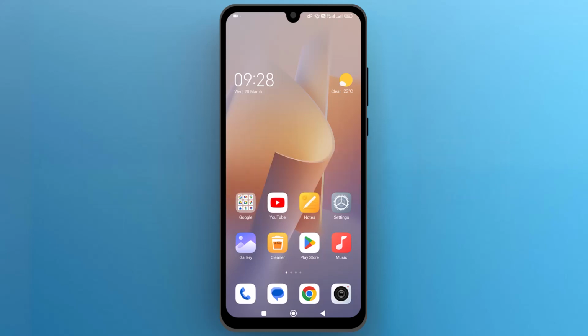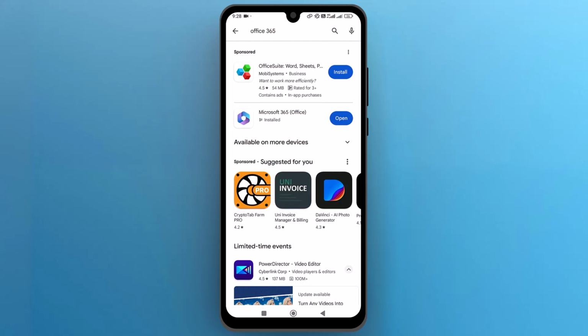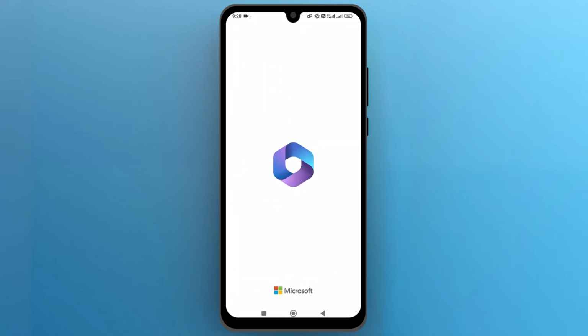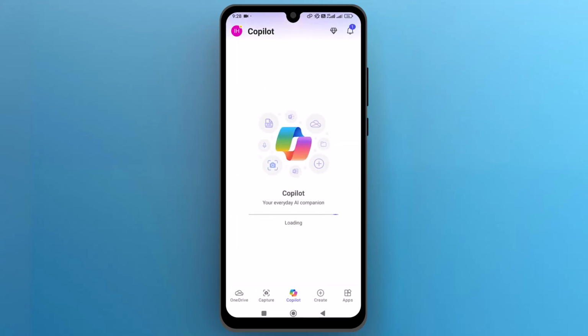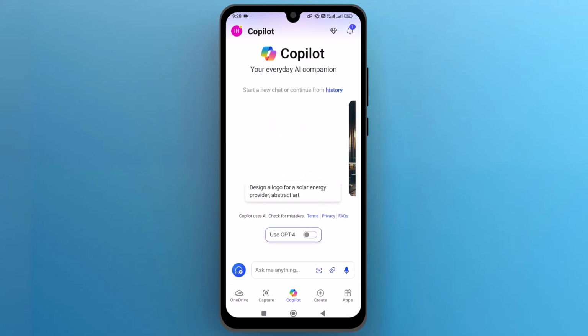First of all, download the Microsoft 365 Office app from the Google Play Store. Once the app is installed, tap to open it. Once you launch the app on your mobile screen, to convert a Word file to PDF, from the bottom menu,